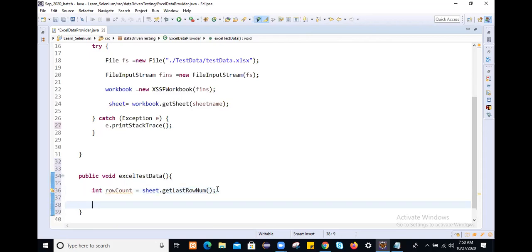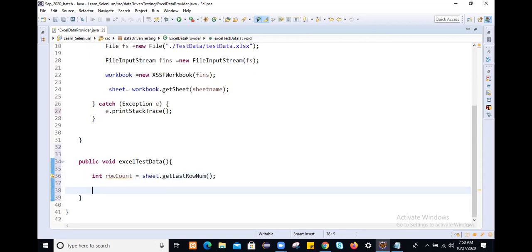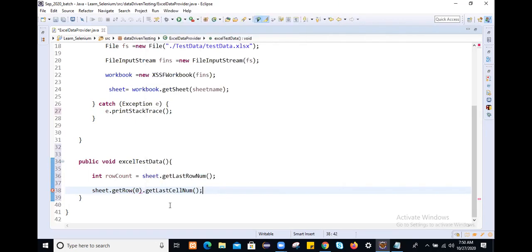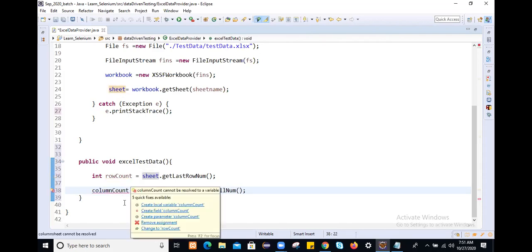And if you want to know how many columns are there, just use sheet dot getRow, focus on any of the rows, and then getLastCellNum. Simply it will return how many columns are there. So this is my column count. Just mouse over and create a local variable.